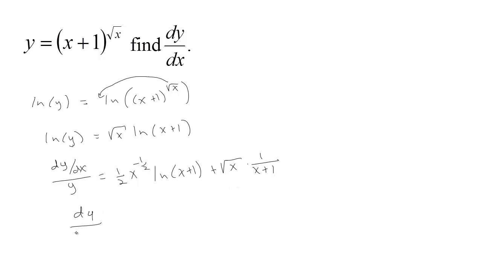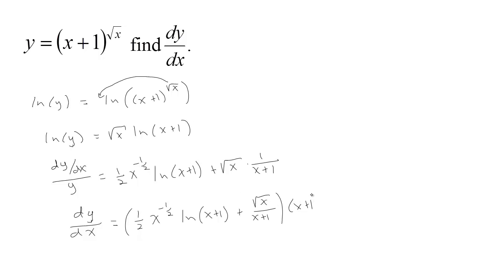To finish it off, we multiply both sides by y, and we get 1/2 x to the negative 1/2 times the natural log of x plus 1, plus we have here the square root of x over x plus 1, all times y,